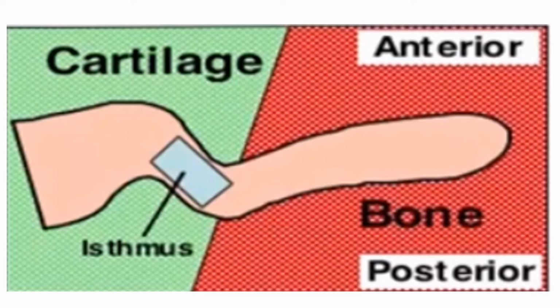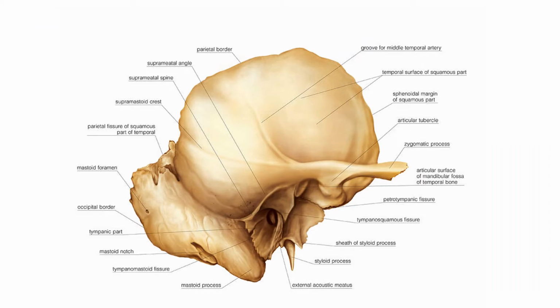Now the bony part. The bony part is composed of the tympanic plate of the temporal bone below and in front. So here is the tympanic plate. This picture is to give you an orientation of the temporal bone. This is the temporal bone of the right side. Here is the tympanic plate, which is making the below and anterior boundary of this bony part.